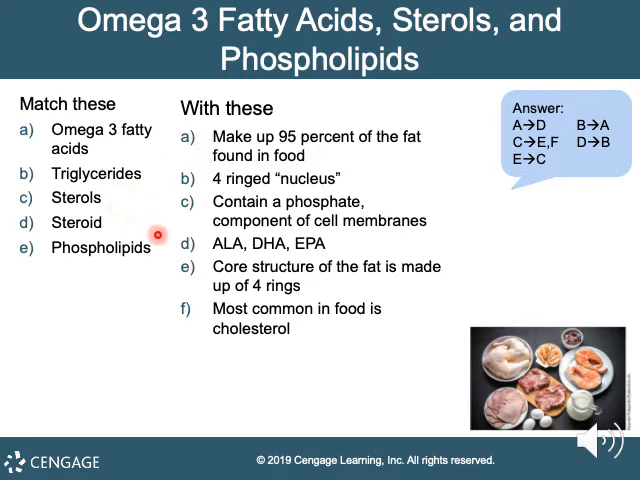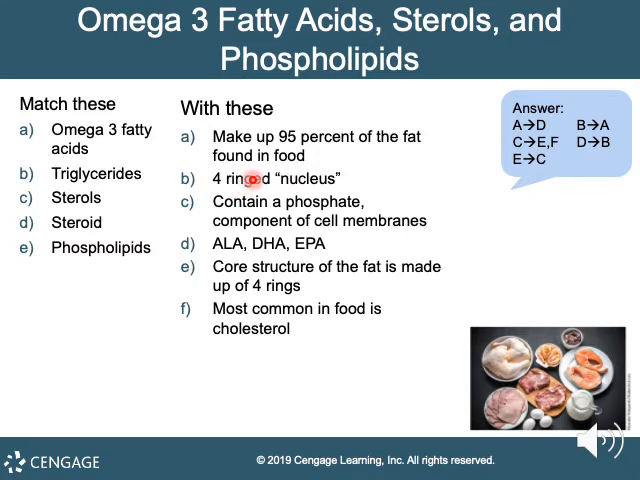Sterols: they have a core structure of the fat, which is made up of 4 rings. And then it has a side chain attached to make it the most common sterol in food, which is cholesterol. A steroid is a compound that has a 4-ringed nucleus, what we call a 4-ring structure. And when a certain side chain is added to it, it can become a sterol such as cholesterol, or it